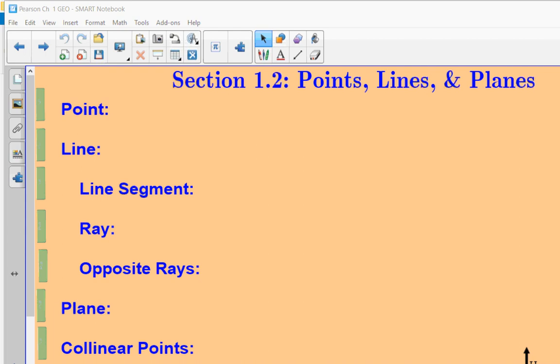Hey everybody, this is chapter 1 in geometry, and in our book and our note packets, we're going to start with section 2. There's a lot of vocabulary here, and what I'm going to do is pull the vocabulary out. I'm going to have you write down the name of the vocabulary word, like for point, and then I'll pull out off to the side here